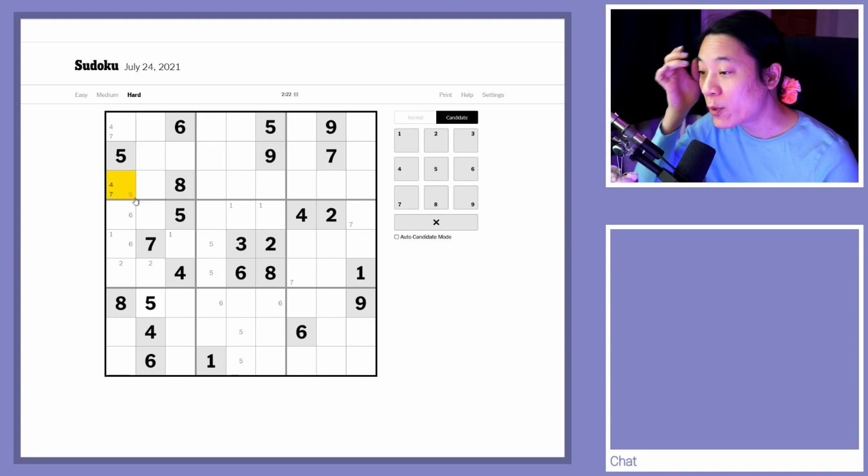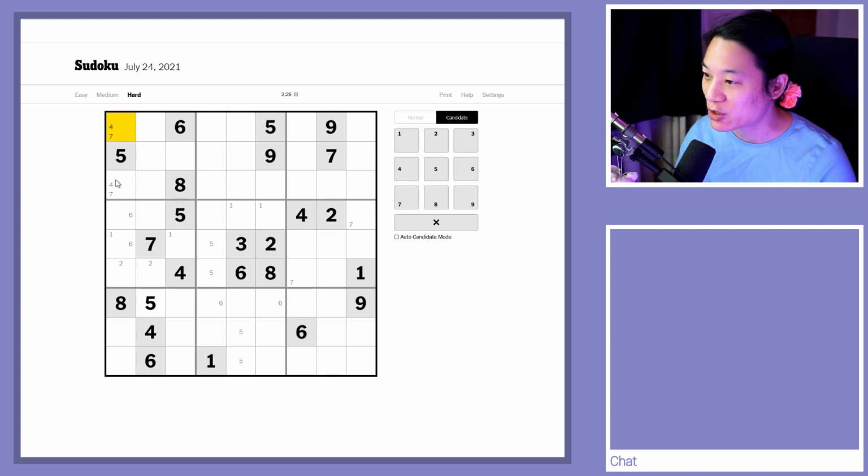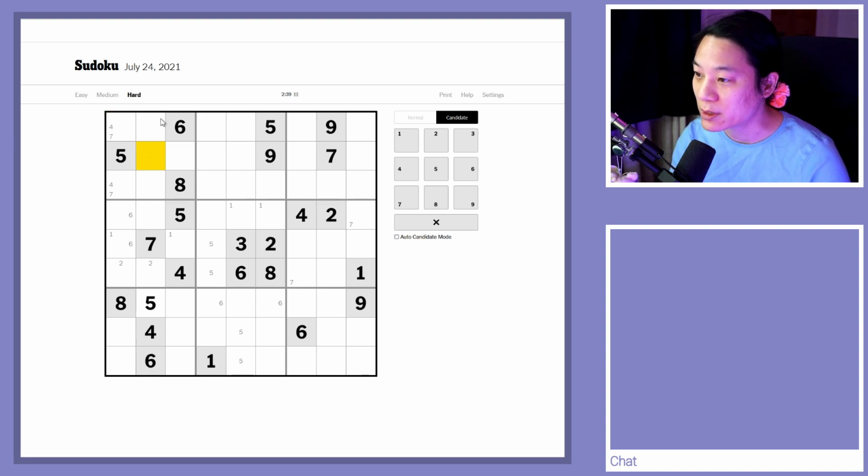So now that we've got a 4-7 matching pair, that's what they're called. When 2 numbers share the same 2 cells, you can't have any more numbers in either of these 2 cells, or you'll end up with both numbers in a single cell, and that is impossible. So when it happens at a T-junction, it leaves a